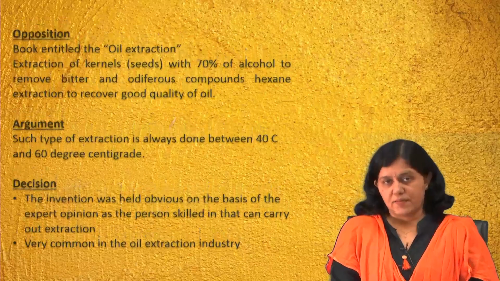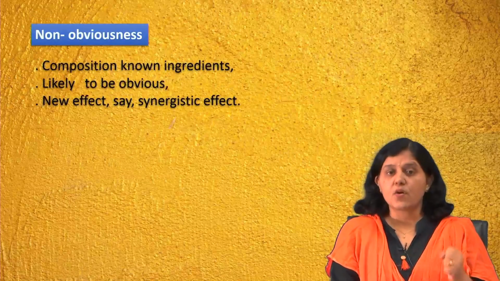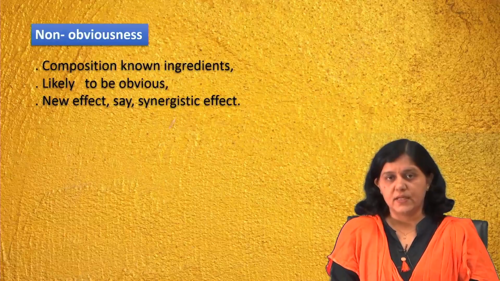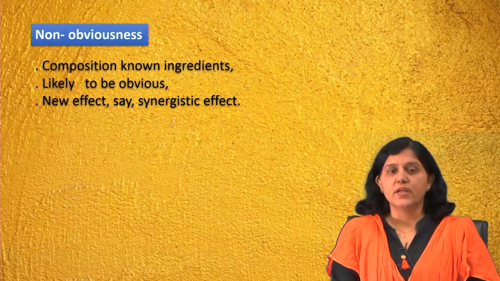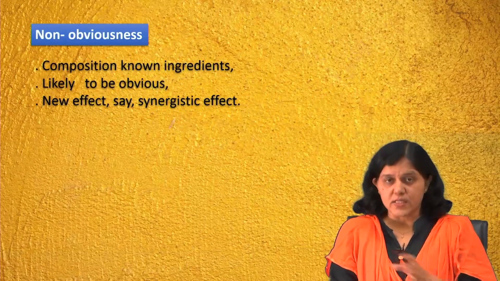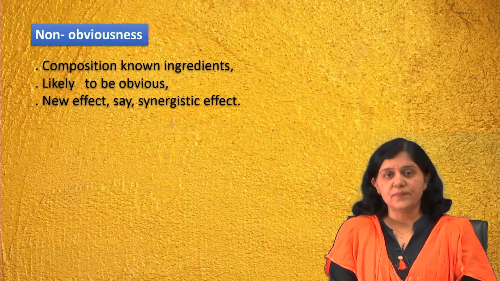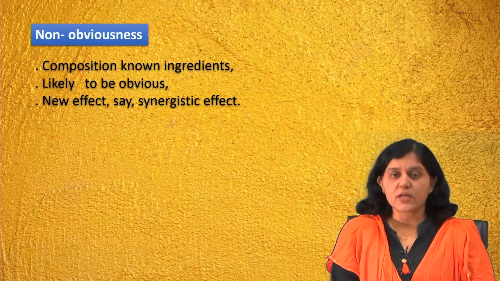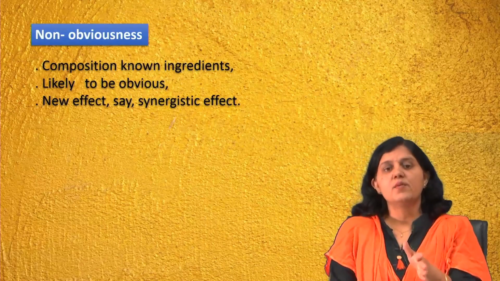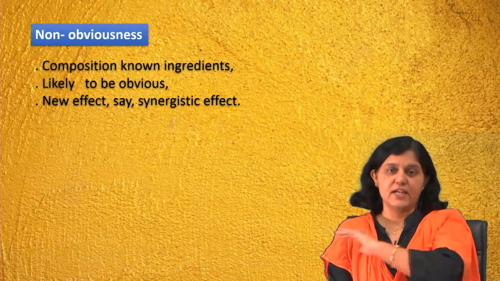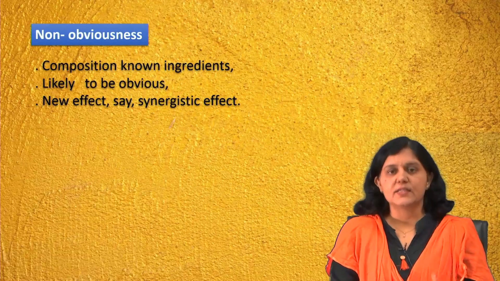Here is another example. If a patent is related to the composition of known ingredients, it is likely to be obvious unless the mixture or combination leads to some new effect or a synergistic effect. If 1 plus 1 is 2, then this is not something new and we cannot consider this for the patent. But if you have added two things, 1 plus 1, but the effect is, say, 4 or 8, if such kind of results are coming,